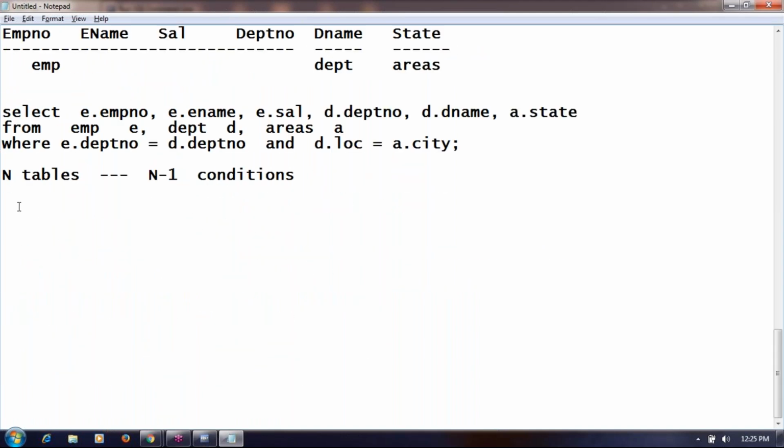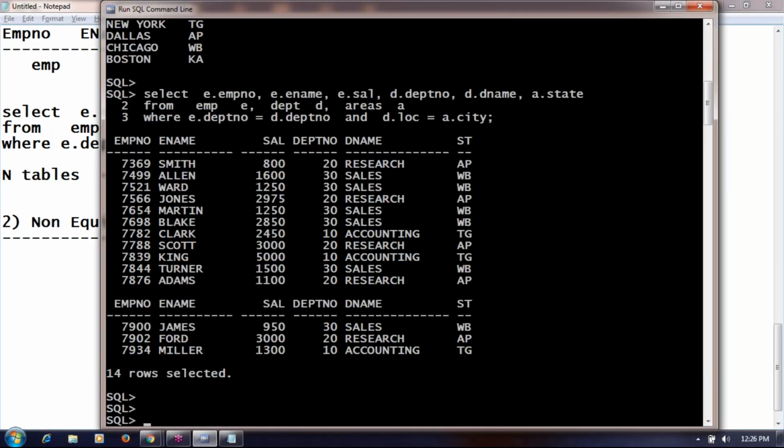Sunil, yes, about the update command: can we make an update command on 2 columns of 2 different tables?